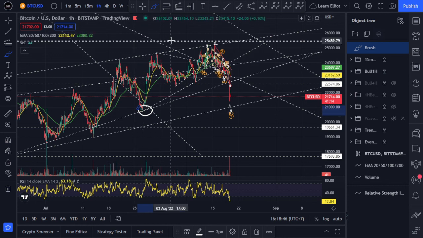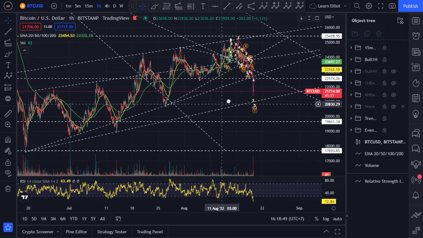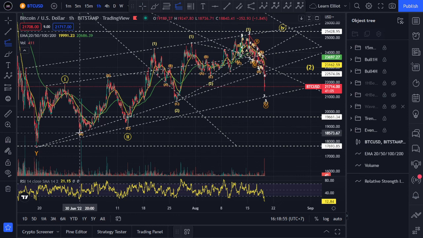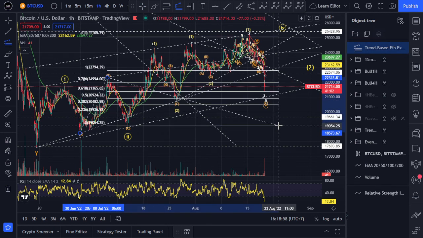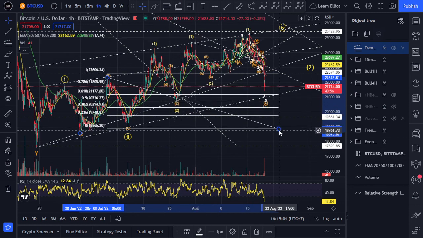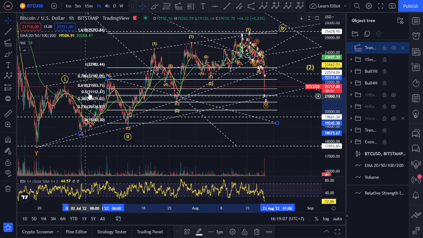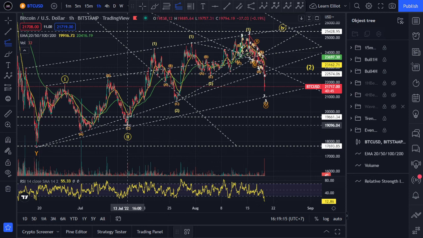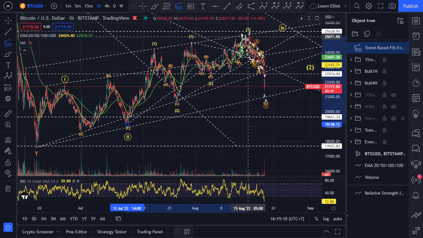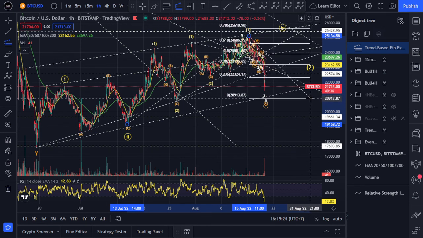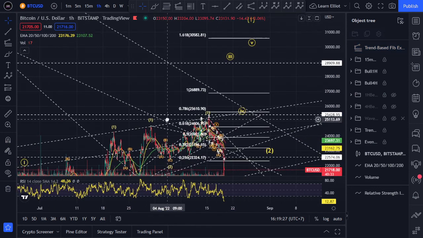2800, the golden pocket of the Fibonacci retracement from this. Yeah, this is a golden pocket Fibonacci retracement. So this is your next target. This is our starting point of the third wave of the second wave. And to 20, let's assume that it's 2100. So this will be your target,